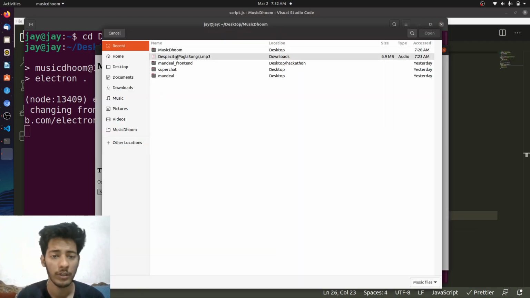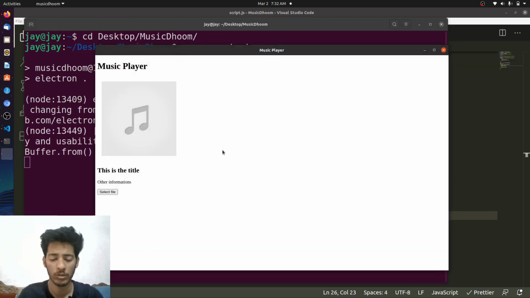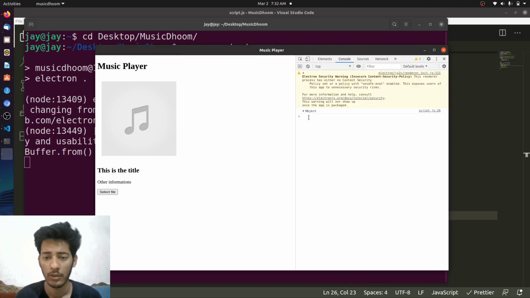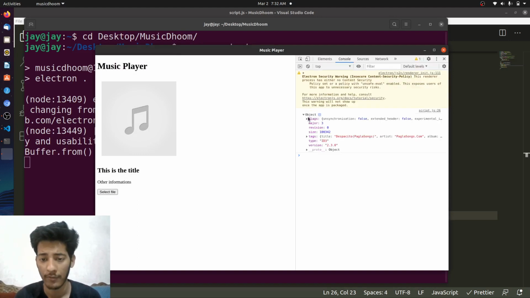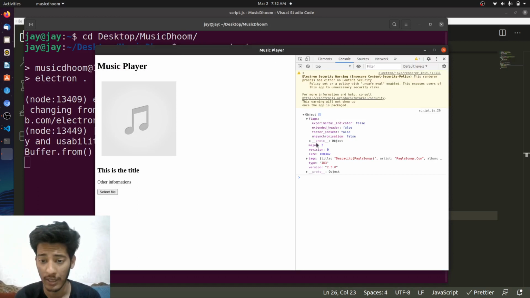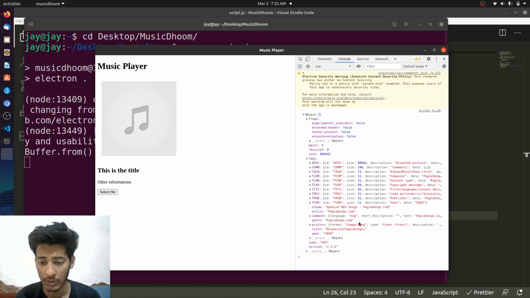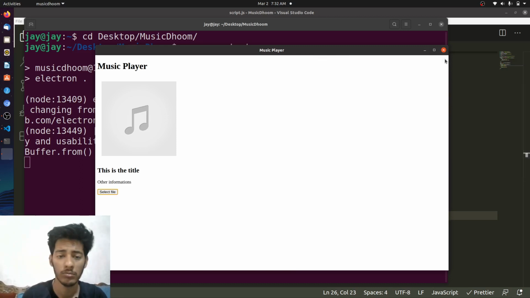So Despacito, Control Shift I, you can see that object that has flags. Inside flags we have tags, inside tags we have all the data. So you can see music composed by Despacito, everything. Okay, so everything you can get over this particular place. So that's great. So let's actually start, and there's one more thing, there's an algorithm over here which is mentioned